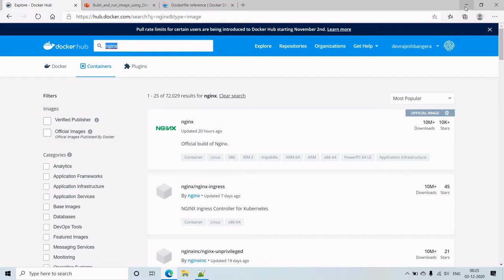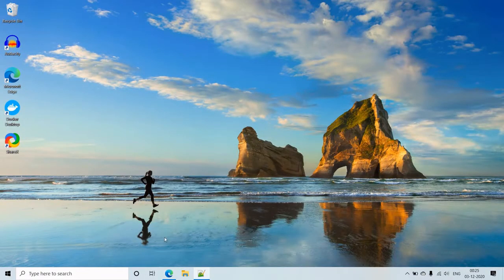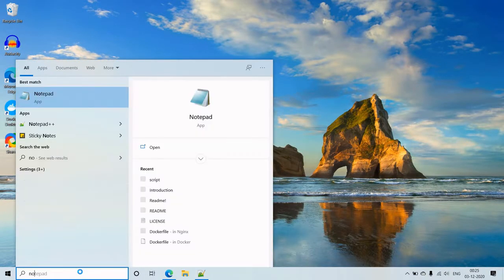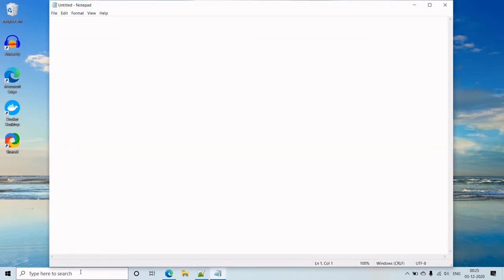So the first thing to do for building an image using a Dockerfile is the Dockerfile itself. Now we have to create a Dockerfile. As I told, a Dockerfile is a text document, so you can easily create it using Notepad. Open up your Notepad and write in all the Dockerfile commands. You can use the reference document that I showed you earlier. What I will do is create an image using Nginx as a base image, and then copy a simple HTML file into that container.